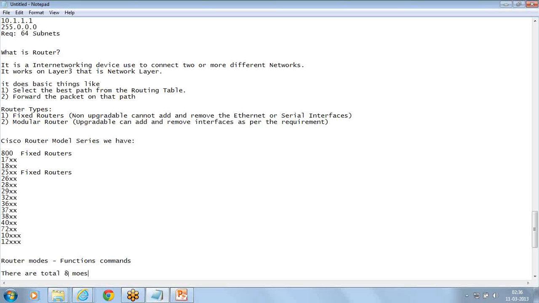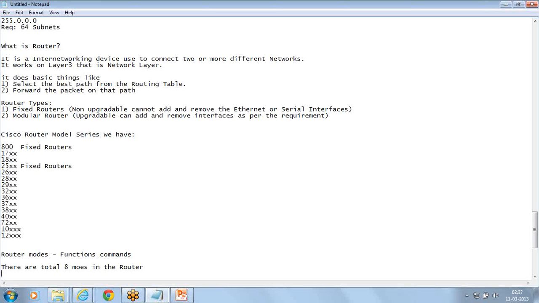8 modes. Mostly the router I'm talking about. Router and switch have a similar functionality, except for a few features which the router supports but the switch will not support. The reason the switch will not support them is that switches are designed for the local